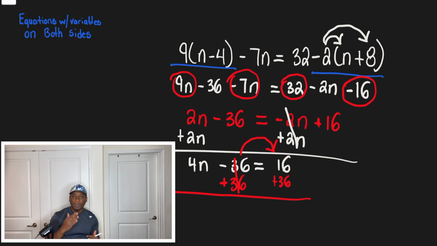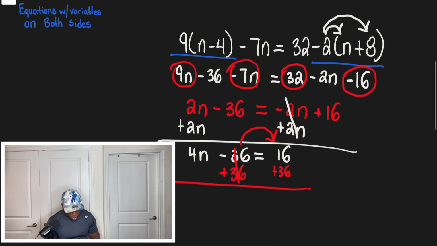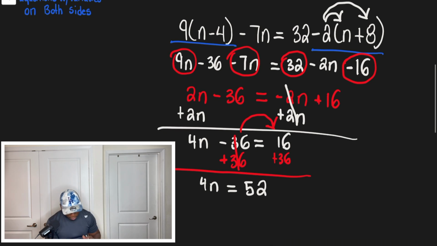So now we're at the last step, guys. Well, almost at the last step. We have a final answer of 4n is equal to positive 52. Just remember, guys, we still have not solved. We did not get n by itself. So think of it as 4 times n is equal to 52. When we're solving these equations, we're going to have to divide by 4 so that we could get n by itself. And when we do that, we could simplify that fraction of 52 over 4